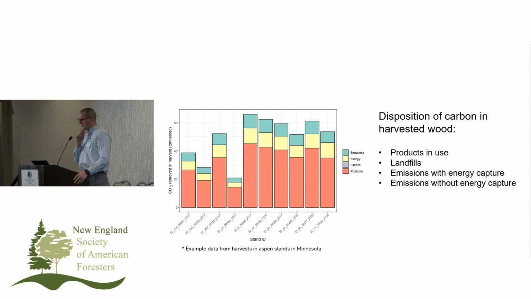So what you see here in the pink is the amount of harvested wood that ends up in products in use immediately after the harvest. That's good. We're immediately taking all that harvested wood and putting it into use in paper, furniture, wherever it's going. But you also lose some from burning it for energy, and then we lose some from other emissions, say through